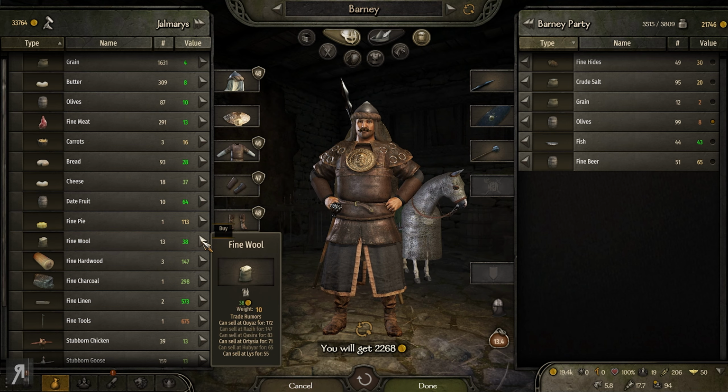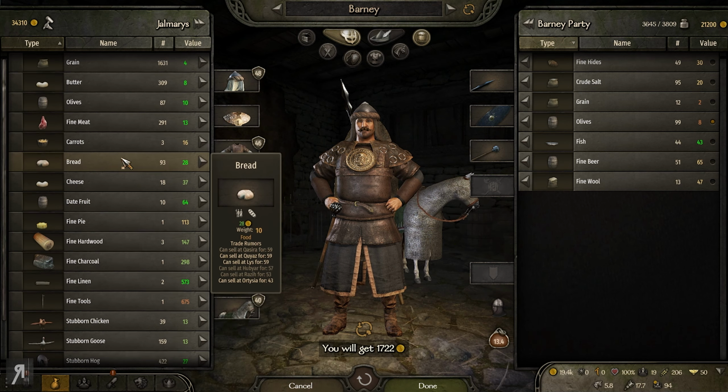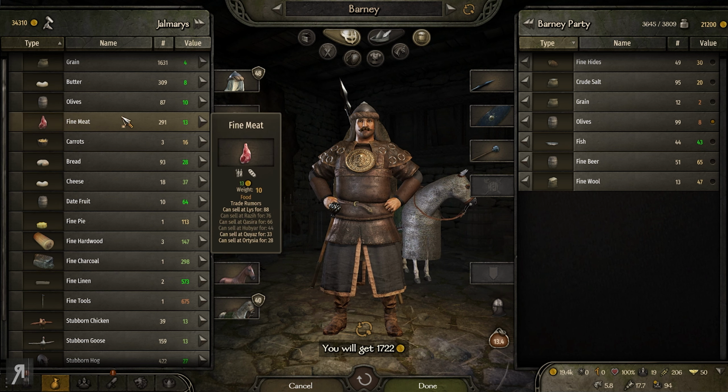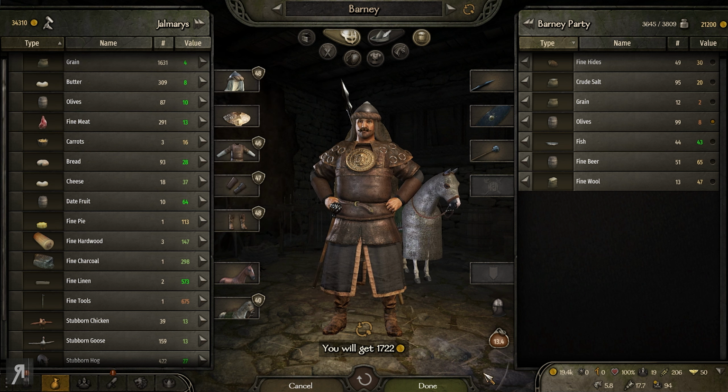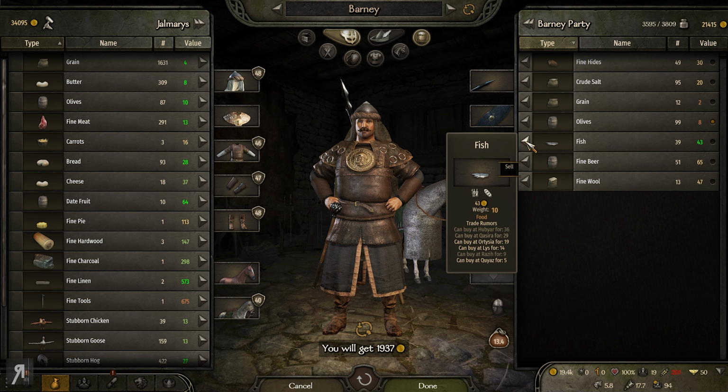We could buy some hides. Gonna buy the hides and the wool and everything. Got some bread as well. And yeah, no, I'm thinking we're pretty good. I don't think we need to do anything else. I could buy some grain, but I don't really care about that too much. I'm going to sell the fish though,